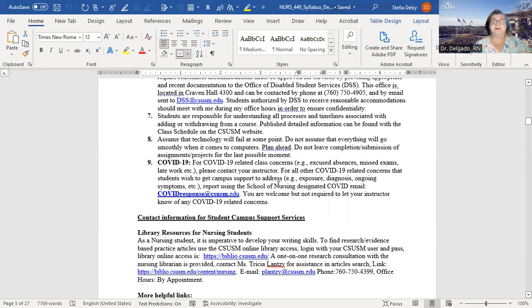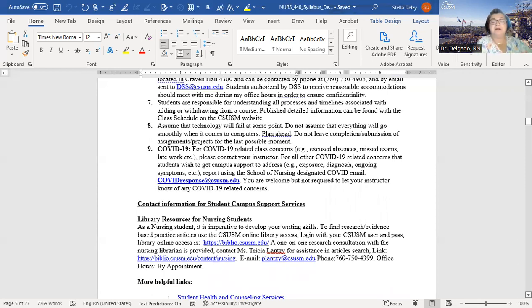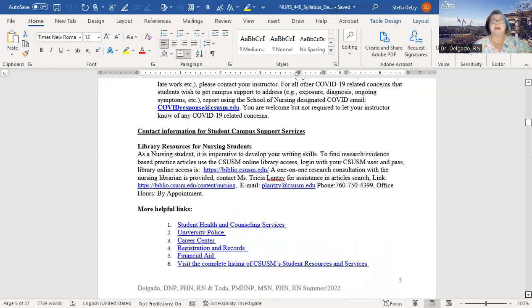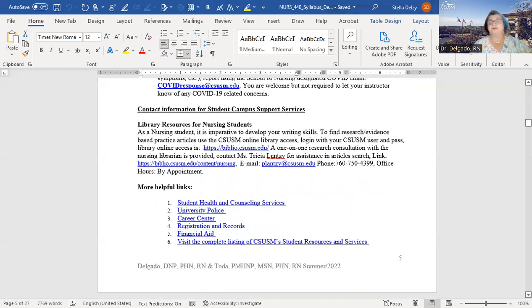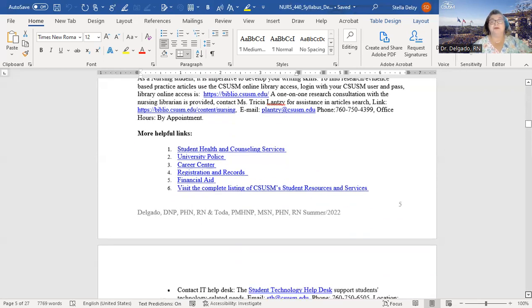So it's imperative that if you are experiencing symptoms, you report it immediately and get a PCR COVID test done. Those results would then be emailed to me, and then I would do an exposure investigation determining whether or not you need to isolate based on the PCR results. The syllabus continues with the same information that you have on the Cougar Course shell,